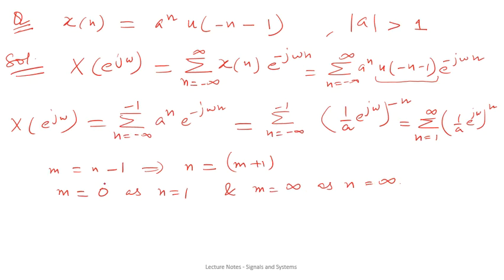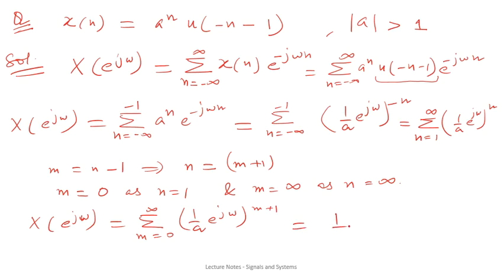So if you write the expression now after this change of variables, you will get m equals 0 to infinity, 1 upon a, e raised to the power j omega (m plus 1),